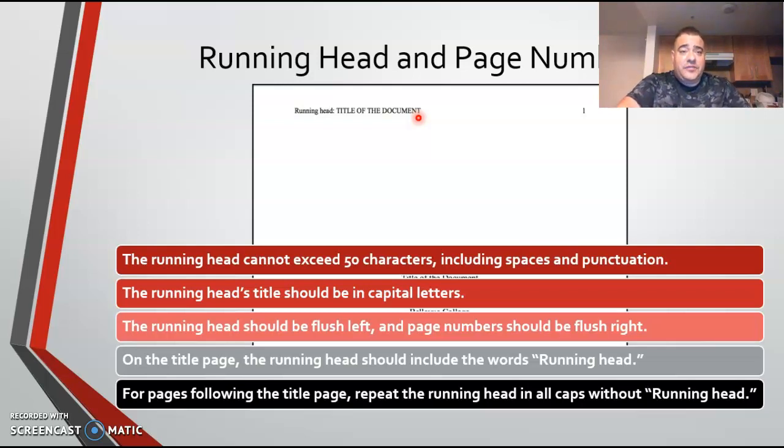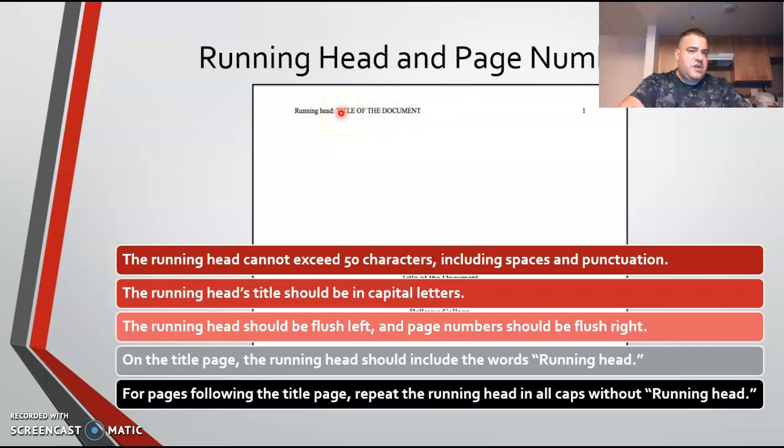Online Learning and Loving It, go with me on this one, folks. We could say running head, online learning, or maybe online learning and love, for example. The point is, especially if you have a long title, you're not going to be able to fit all of it there. So long as it's 50 characters or less, you are fine. If not, you're going to have to shorten the title. But the running head, the way that it appears here,